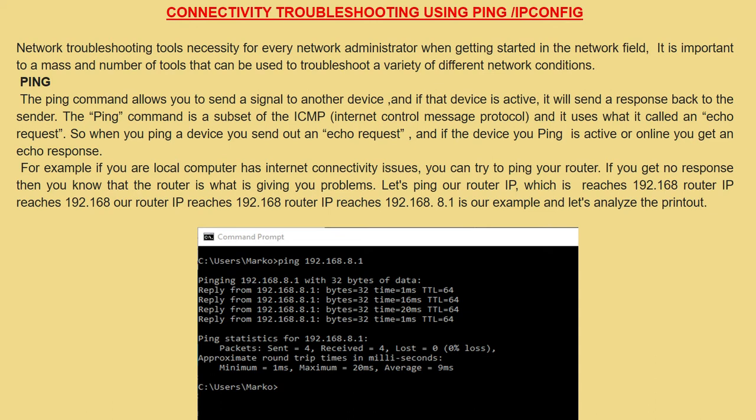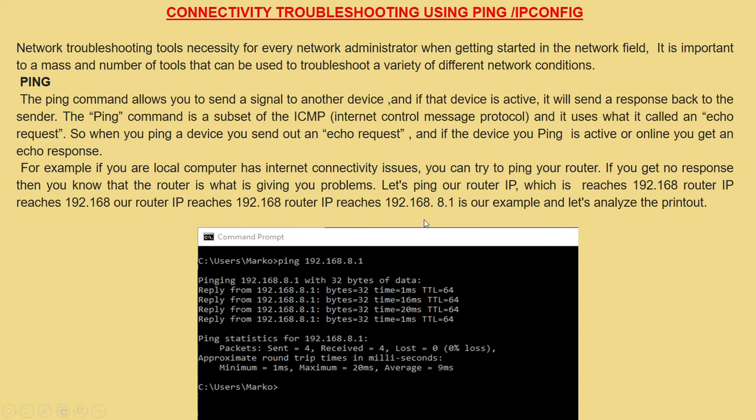Let's see how the ping command is to be executed. Now see, on your DOS prompt, first you have to move to the command prompt. On your start button you may search for CMD, because you have to call the command prompt. So by writing CMD or command, pressing enter or clicking OK, you will get the command prompt. Inside this command prompt you can ping, you may write ping and press enter.